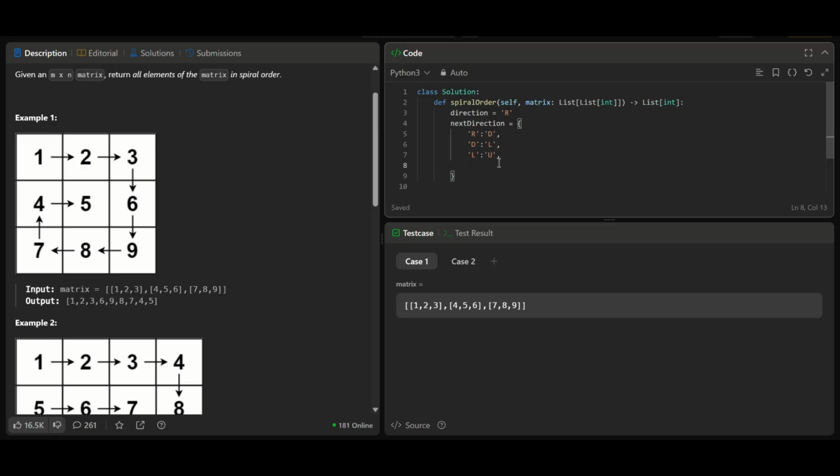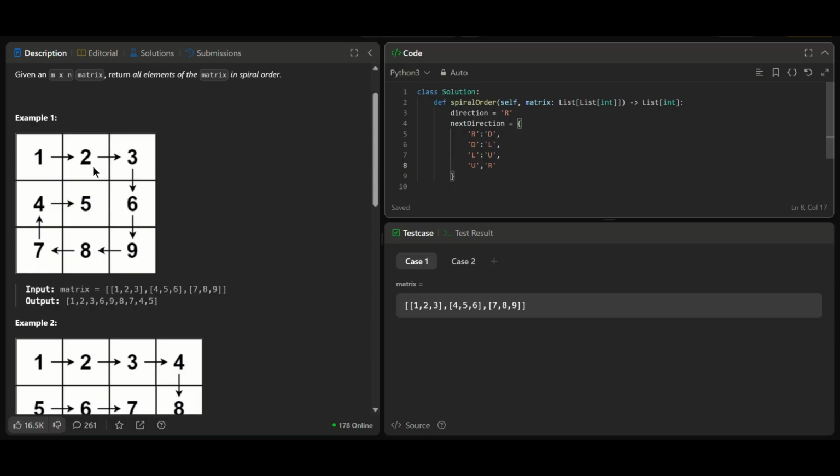And if you're going up, then the next direction, which is a full circle now, would be to go right. And basically you could call next direction dot get for that value, right? And that would tell you the direction that you have to go next. This would help me understand where we're at in the problem as it progresses. It would help break down the problem into different cases and different states that I could deal with individually,